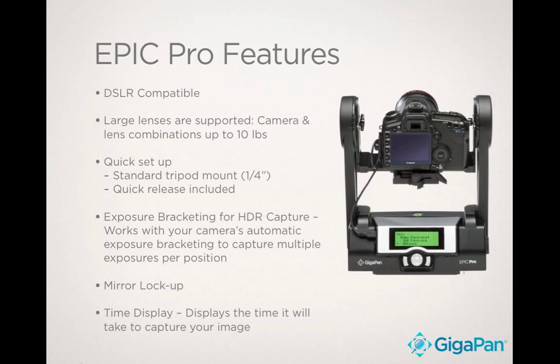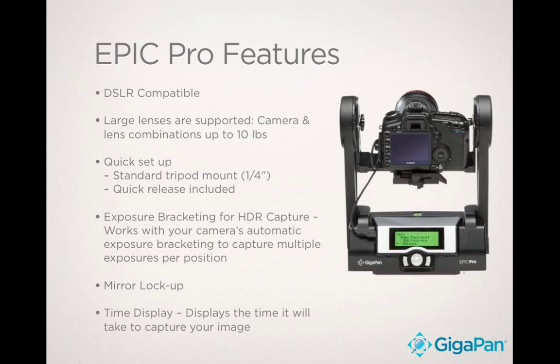If you have something like a 300 2.8 and a digital SLR, typically those larger lenses have collar mounts, and what you want to do is just make sure that you're balanced. Where you start to give up flexibility with that weight is that you don't get quite the same tilt that you would